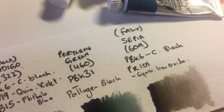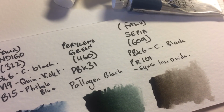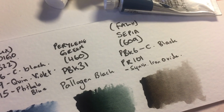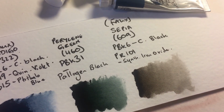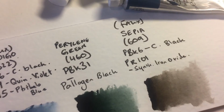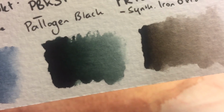And finally, sepia. Again, Winsor & Newton sepia is fake sepia. Real sepia is the ink of the cuttlefish and related organisms, and this is a fake one made of synthetic iron oxide, which is what is used in things like brown madder, light red, Venetian red, English red, Indian red, and carbon black, and that's what gives it this kind of granulating quality that the real thing kind of has. So even though it looks very black in this lighting, I can assure you there is a brown, slight warmth